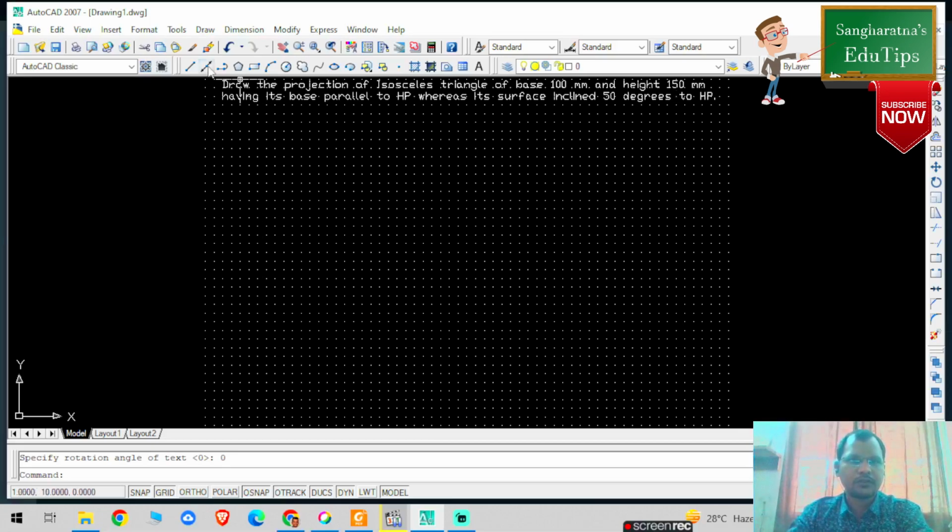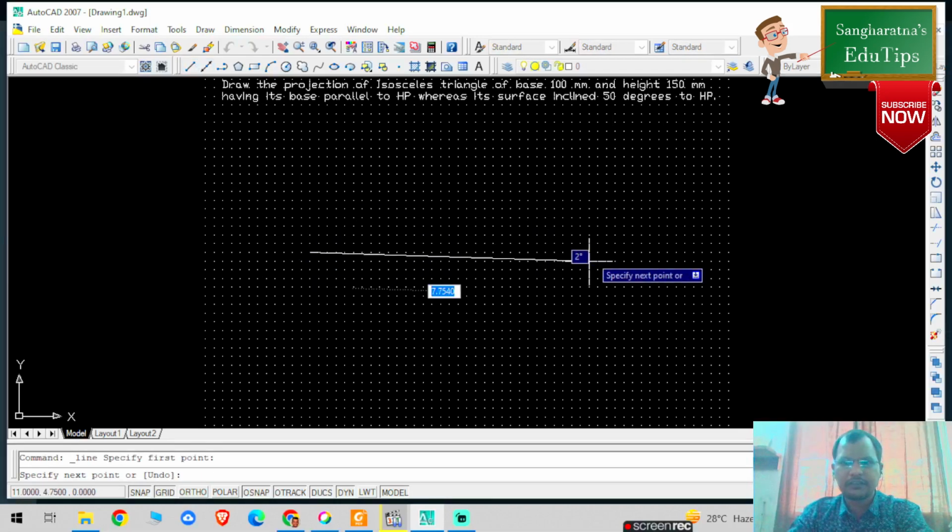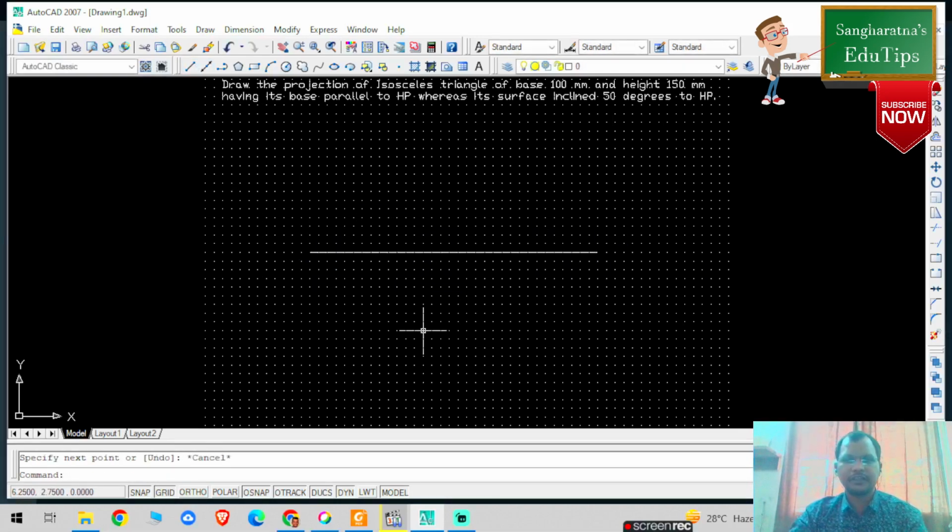So what we are going to do, we have to draw one reference line, that is XY. Press escape, give the naming, the text. Select any point on the screen, specify the height 0.2 and rotation angle is 0. So now you can write down your X and Y reference plane. This is my vertical plane. In the vertical plane I am always drawing my front view. This is my horizontal plane. In the horizontal plane I am always drawing the top view. And this is basically my plane,